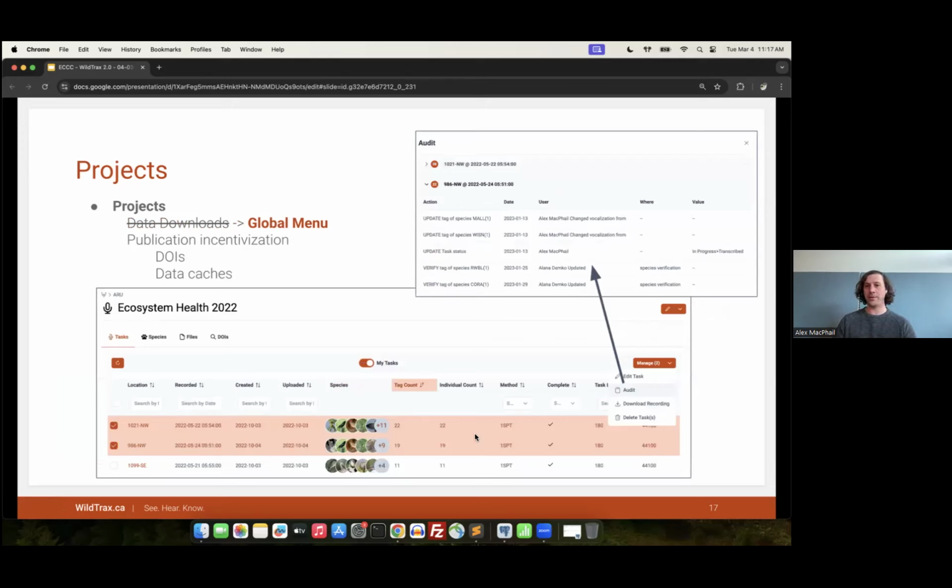Within the global menu options, you can also do some multi-selection functions in terms of auditing, editing tasks, and downloading recordings at the project level. So from here, you can select multiple tasks and then have a menu pop up, which drops down all of the information for auditing or task editing. Again, making it easier to do things in batch within the system. So if you have to edit or add information to multiple different tasks, you can do it right here within those global menu options as well.